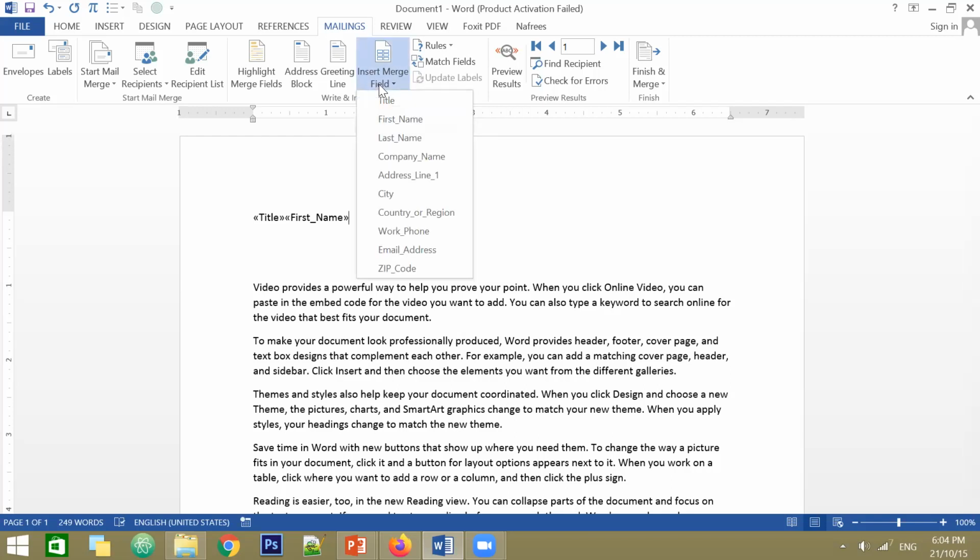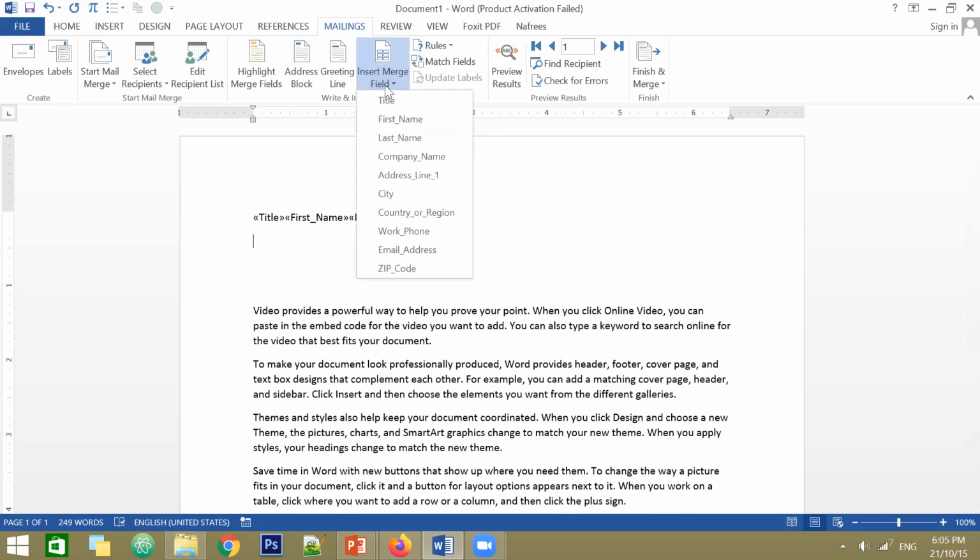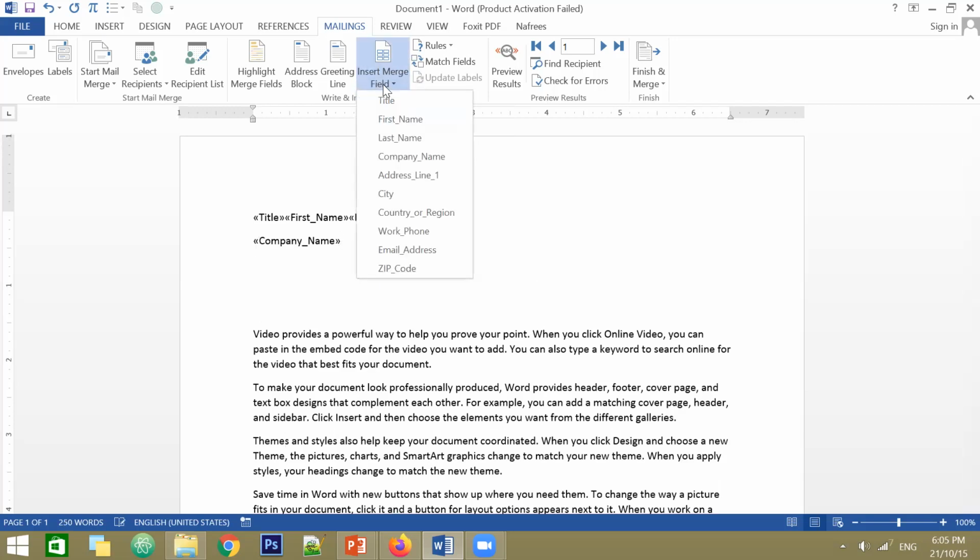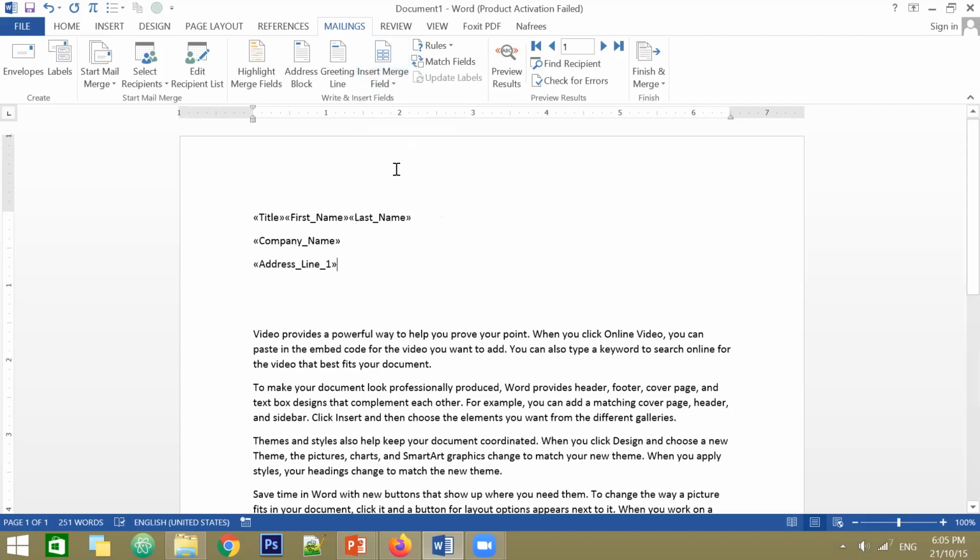If you want to put his full name, then you have to select both first name and last name. The next line, you need to select his company name. In the next line, you have to use enter for the new line, address. So if you choose only these things, only these details will be available after completing your mail merge.